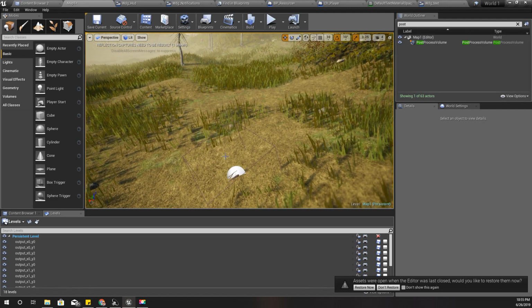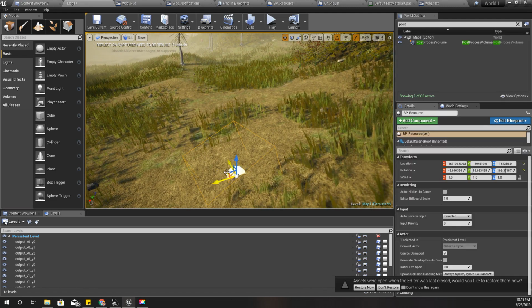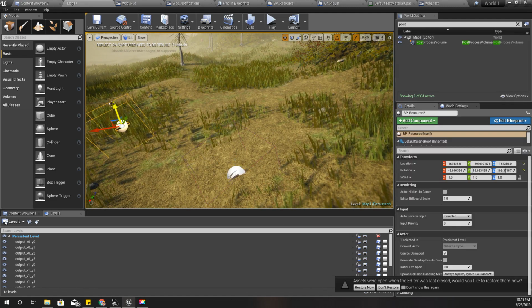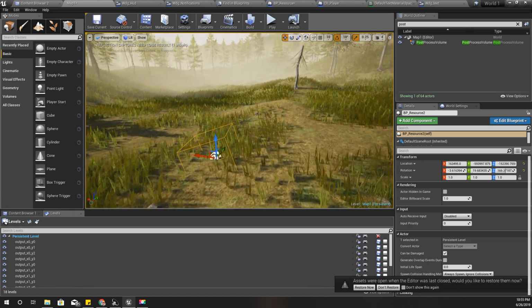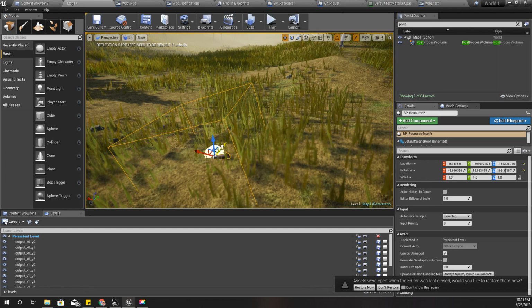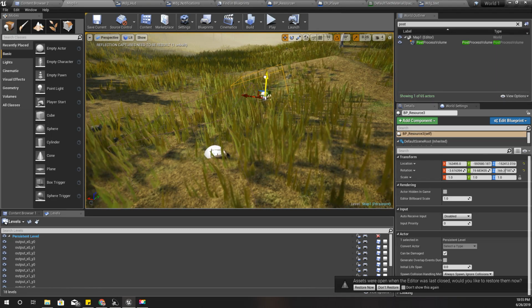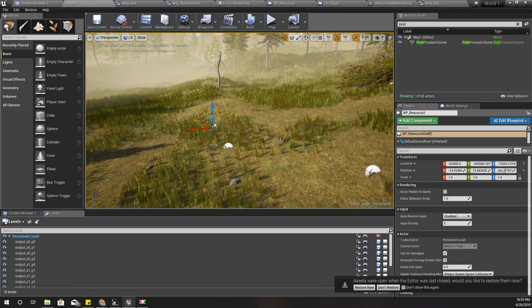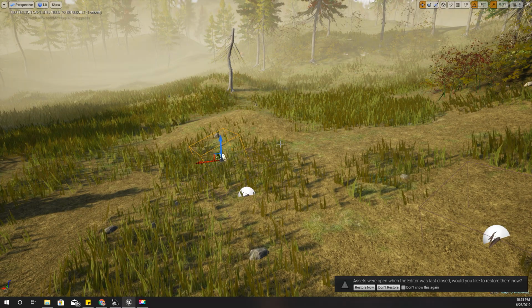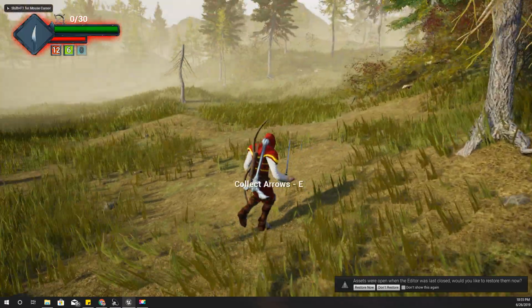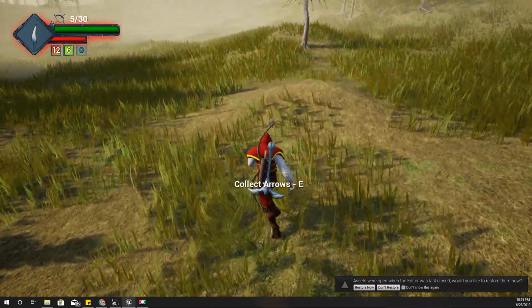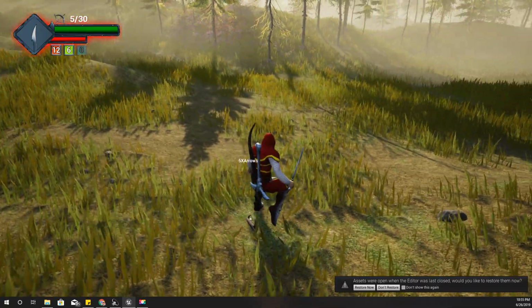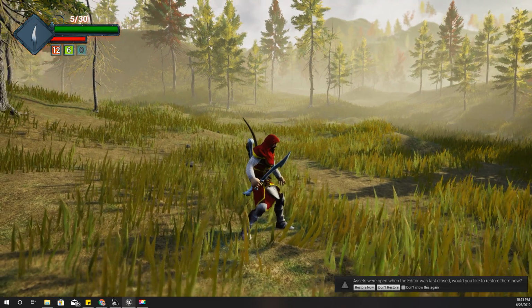Okay, finally let's add a couple of other arrows only for demonstration purposes like this, and collect them like this. Right, okay, so that's all,